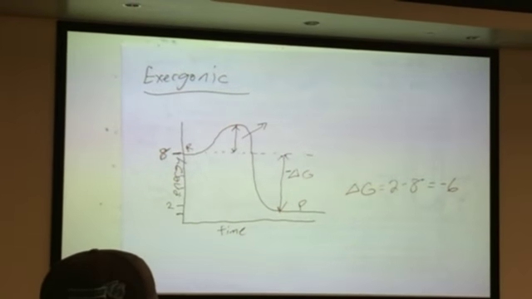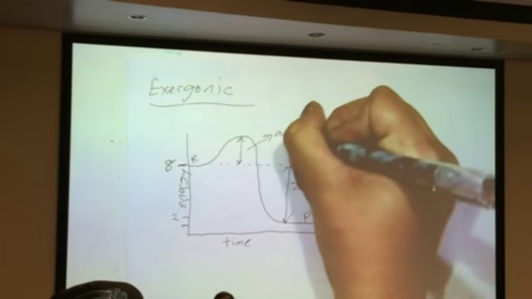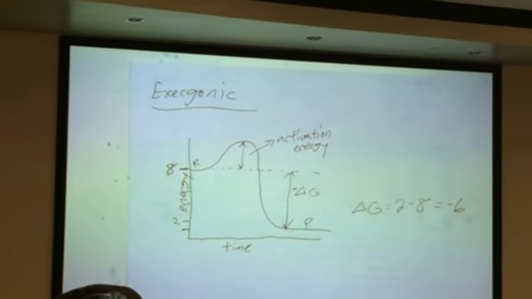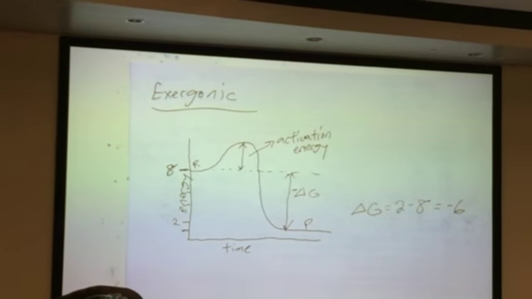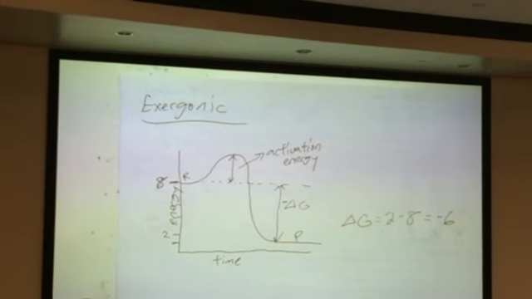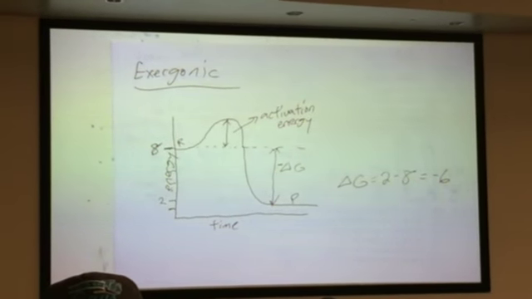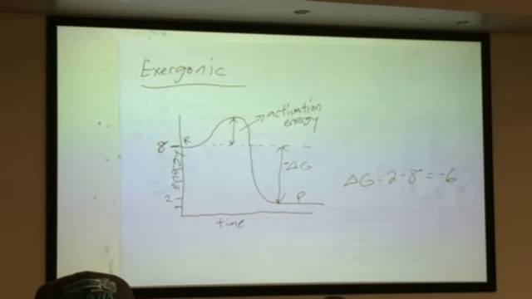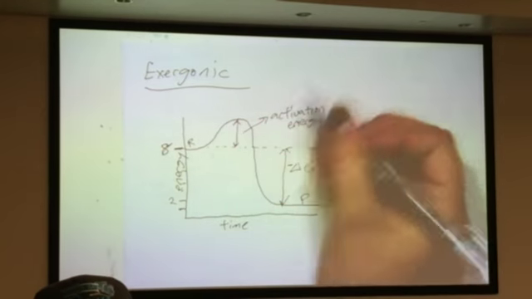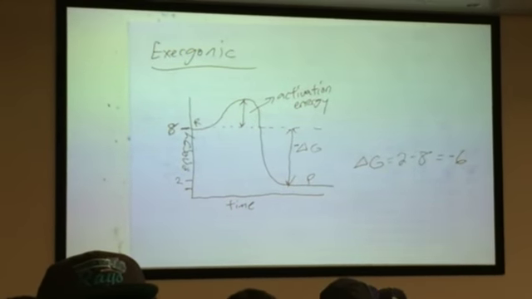Anyone? This is activation energy, or energy of activation, or energy required to start a reaction, or energy required to get it going. Energy barrier, whatever you want to call it, is the hump that we need to get over. Okay, so it's kind of like a roller coaster. It always goes up and then it eventually goes down. We always have this because if you think about it, if there was no activation energy,